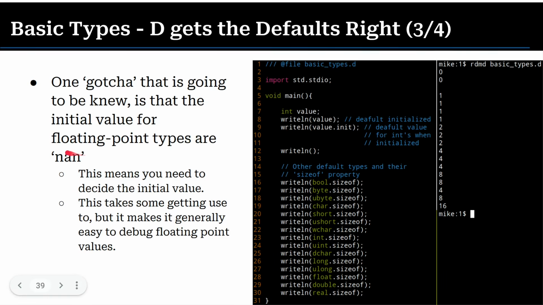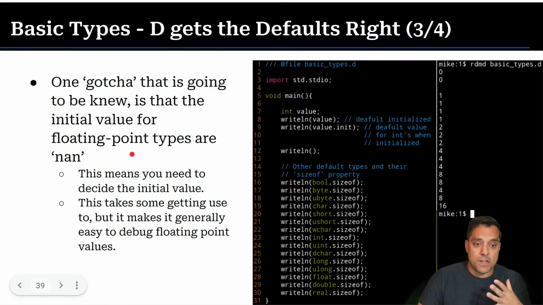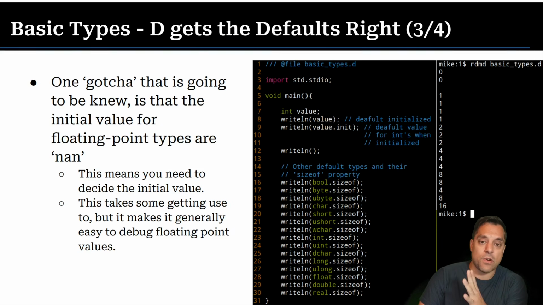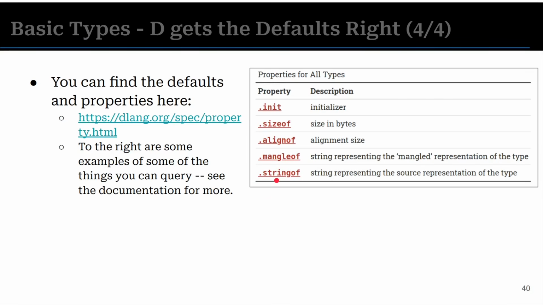Now, one little gotcha here, floating point, the default type is nan, not a number. I like that. This takes some getting used to. Some folks still don't like it, but basically what it means to me is, well, if I'm initializing some floating point value, I should do that as a programmer. And if I don't, I want to catch that error fast, right? I can have an assert in my code to check for not a number, basically nan. And these are very easy to catch, but again, if you're initializing a value and you don't know what the value is, you should have some idea what the correct default is. Is it 0? Well, sometimes 0 is a value you want. So anyways, that's the point of that there. Now that, again, catches folks off by surprise, but it is something I just wanted to mention here.